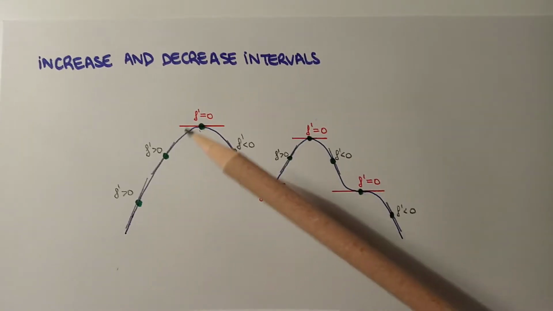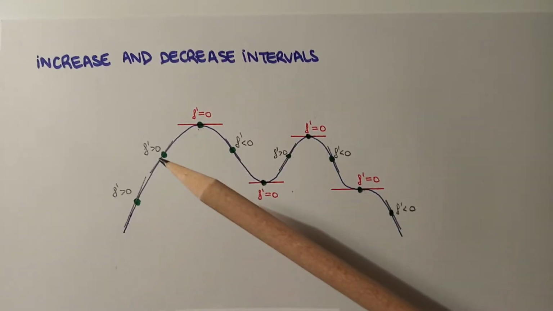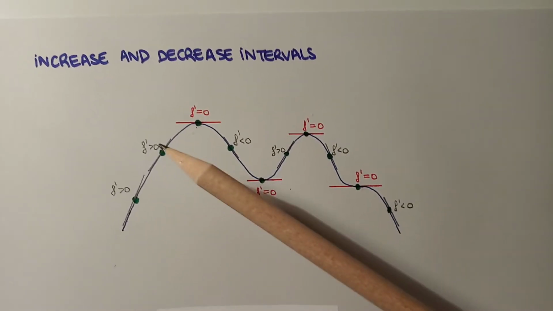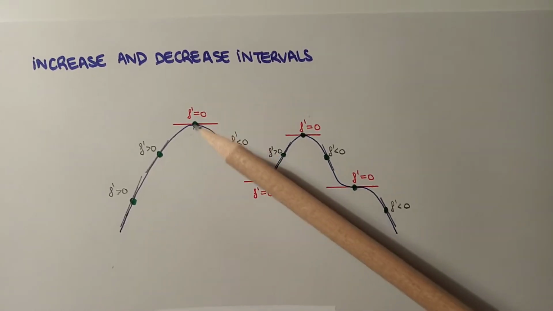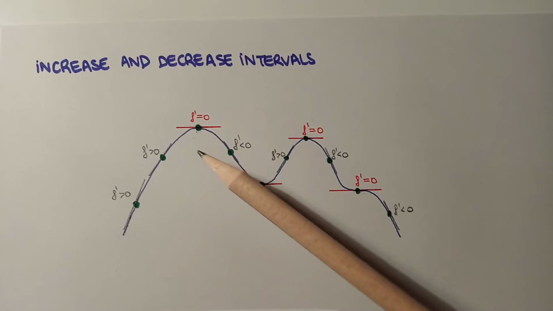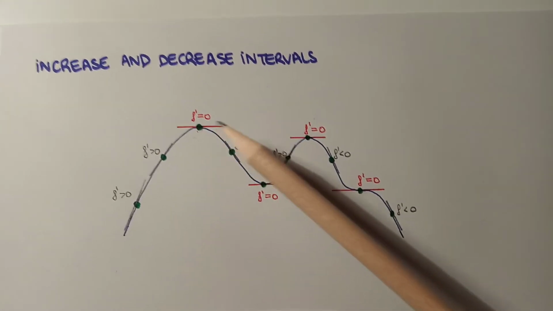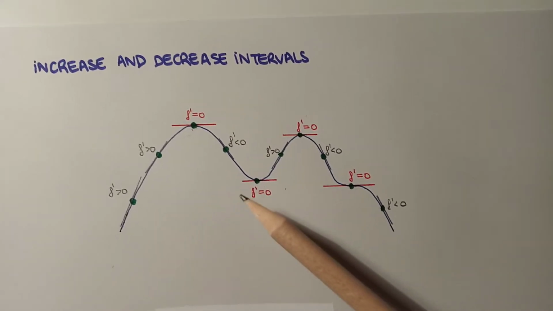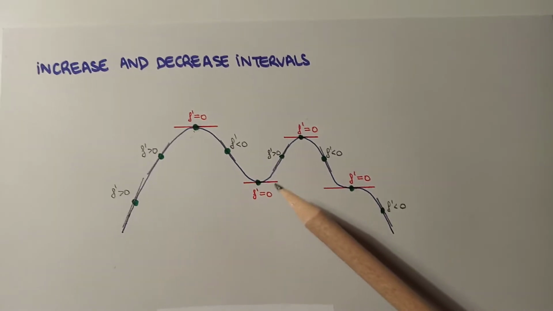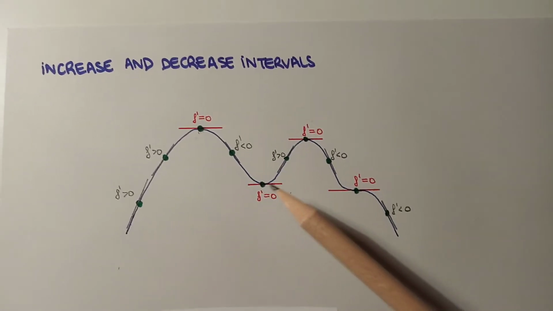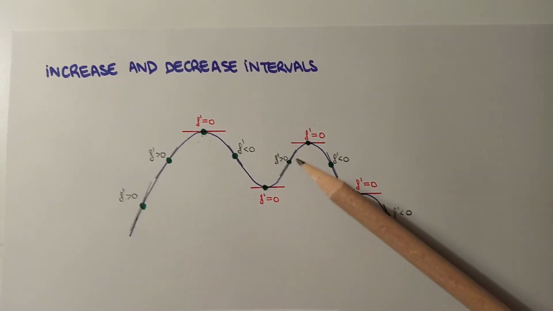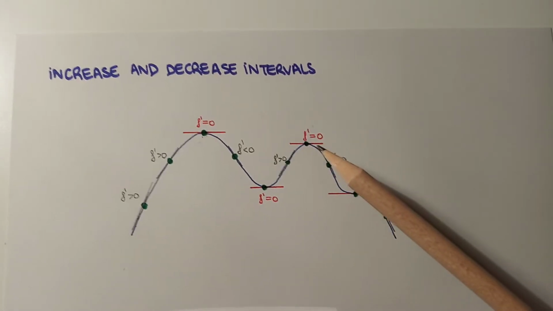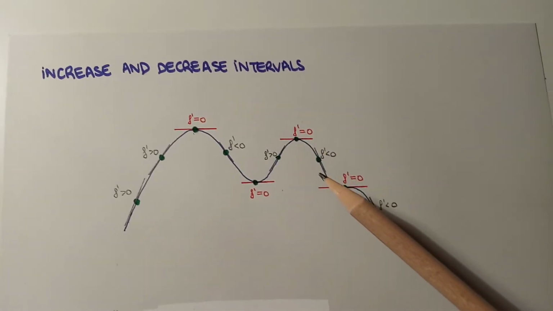Here, the lines are increasing, so the gradients of these lines are positive, and that means that the derivative f prime is positive, greater than 0. Here we've reached the maximum where the tangent line is horizontal, and that's why f prime is 0. Then the function is decreasing until we reach a minimum where again the derivative is 0 because the tangent line is horizontal. Then it is increasing again, the derivative is positive, maximum again, derivative 0, decreasing,